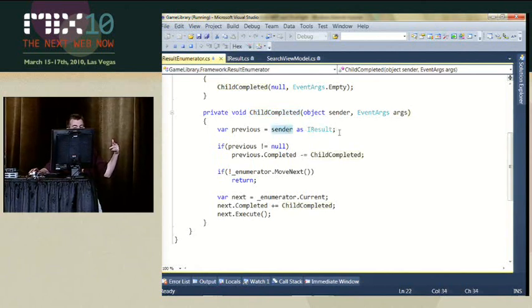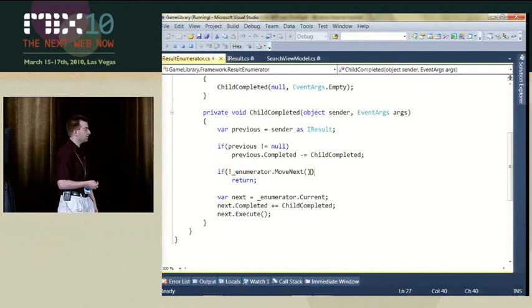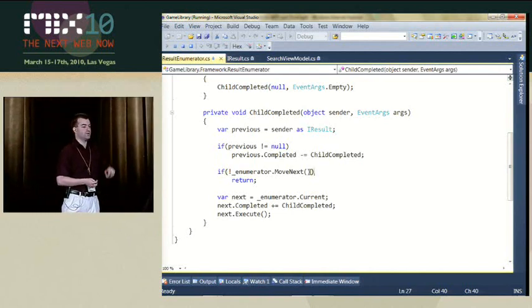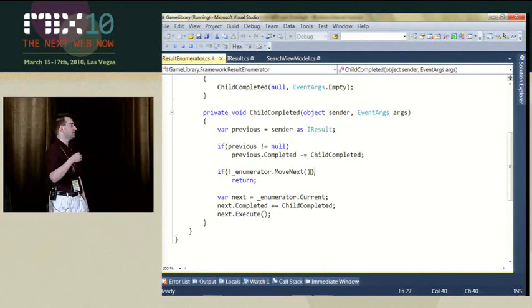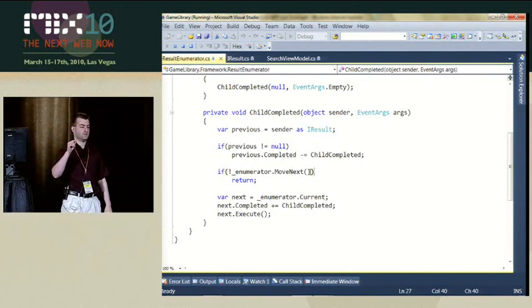We're casting the sender back as that iResult. We know it's a result. And we're unwiring the completed event. Then we're going to move to the next result, if there is one. Wire for its completed event, and then execute it. Now what happens here is the compiler generates a state machine for you every time you